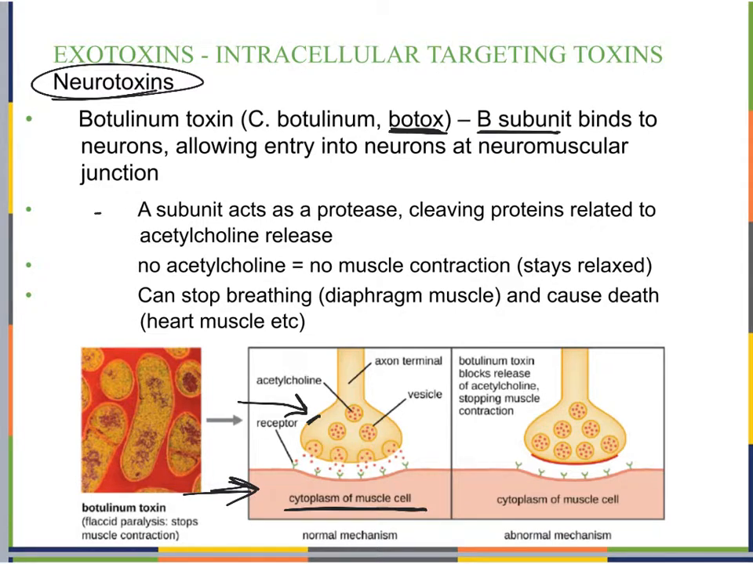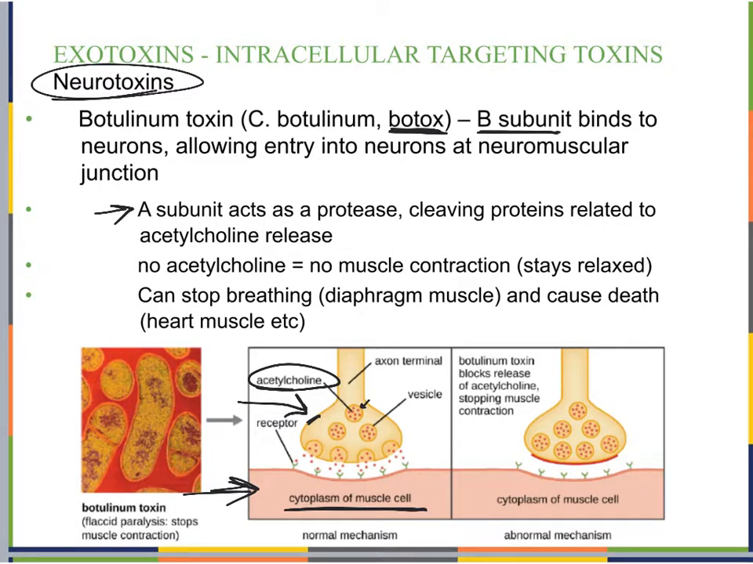Then what happens is that the A subunit is going to act as a protease. If the A subunit is acting as a protease, remember that's something that breaks down proteins, so it's going to cleave the proteins that are related to acetylcholine release. So in here we have acetylcholine in these vesicles. Now if our A subunit is going to go in and cleave these proteins, what it's doing